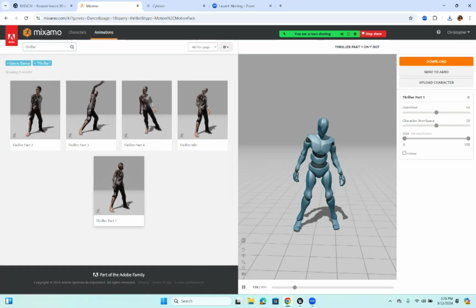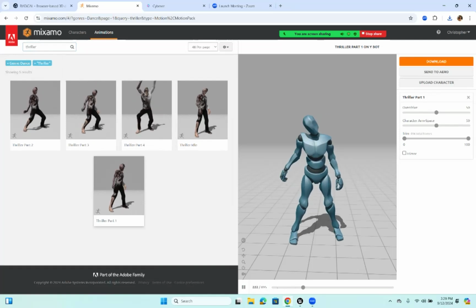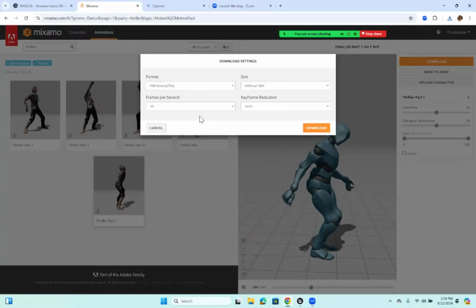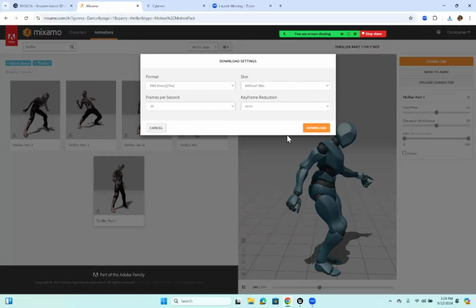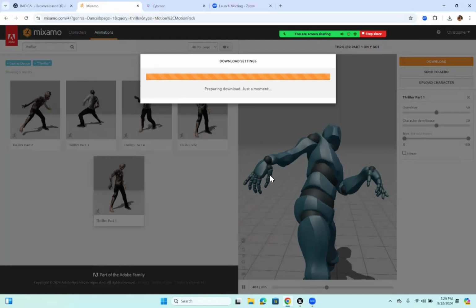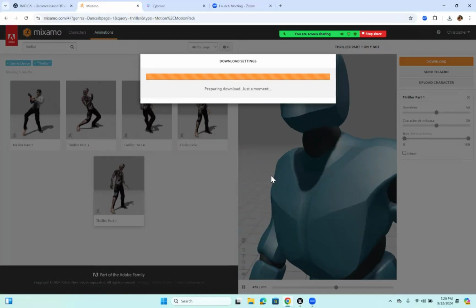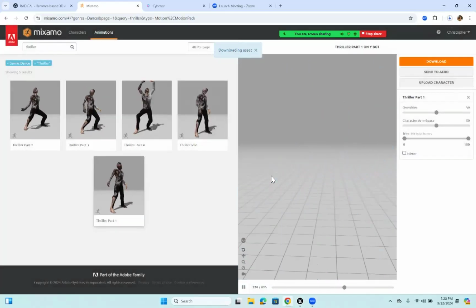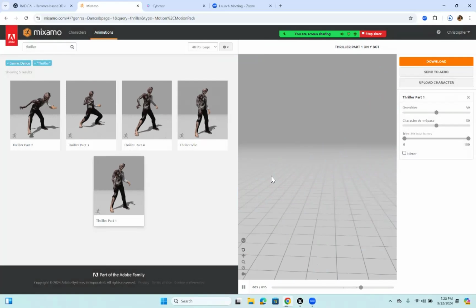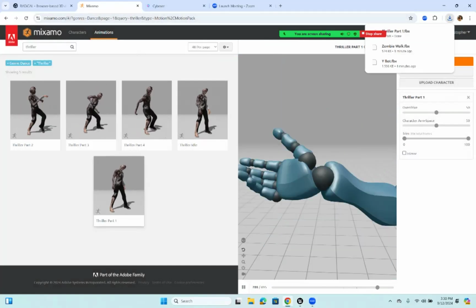And download it. And again, same settings. Once you set it once, you don't have to set it again. And I'll download that. So that's the 2 clips I'm going to work with here. And I'm going to import those 2 clips into